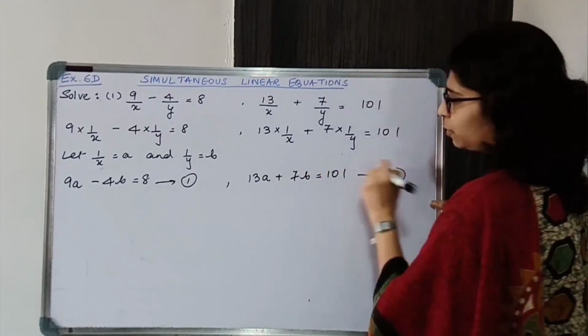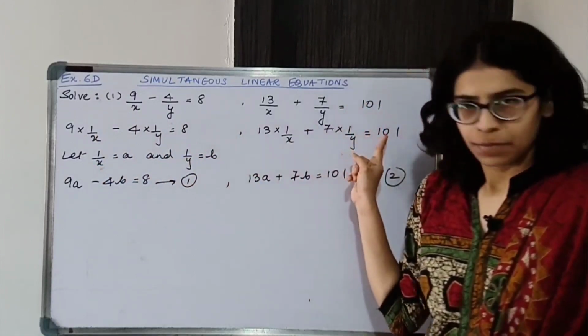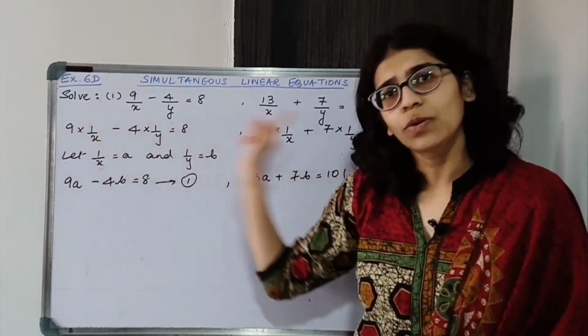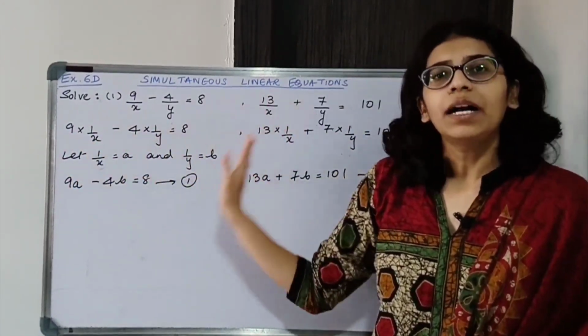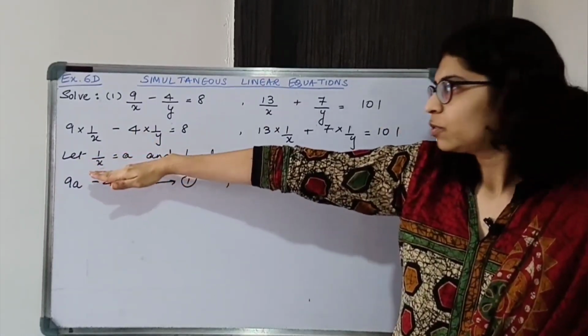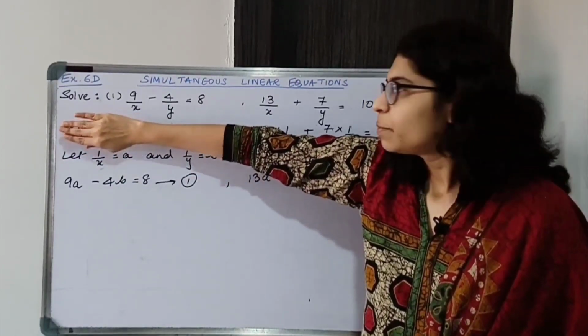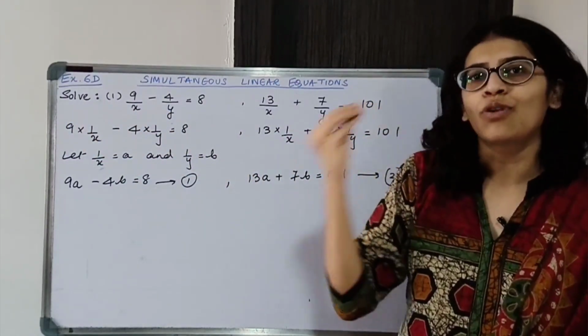Mark this as 2. Okay, now you don't need to show this step. Alright, this is just for understanding. You can show this working, but if you directly want to start with this statement, you can directly start from here. Okay, this is not required, this is for understanding. Alright, but you can still show the step, it is not wrong.